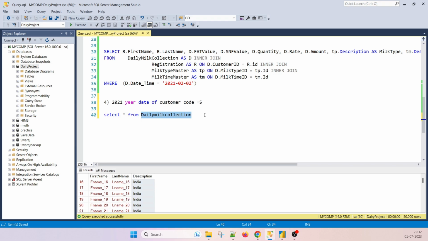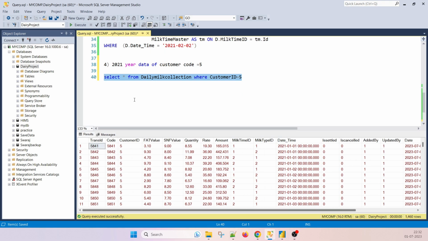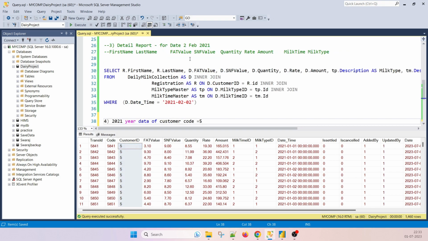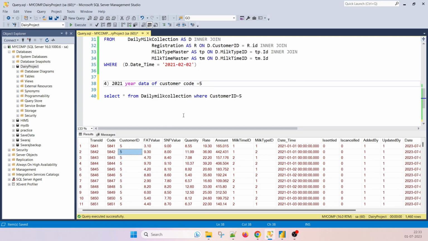So let's check where customer ID is equal to 5. You will get 1460 records. After that, customer code ID is equal to 5. They mention there is an XYZ name, so you can filter that. You have to join that particular customer table, and then you can retrieve the data from that, whatever the